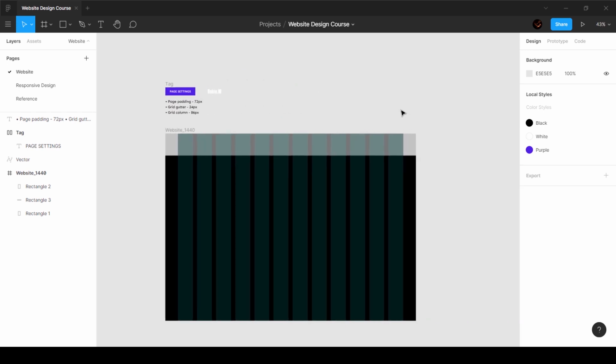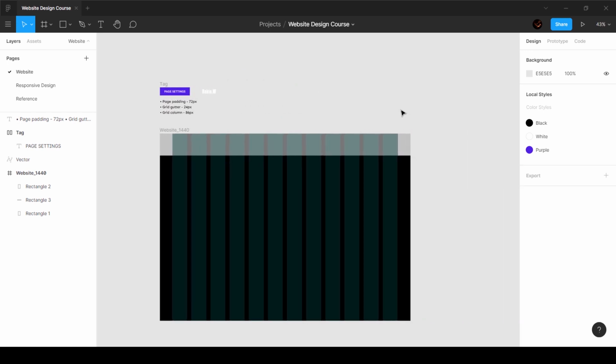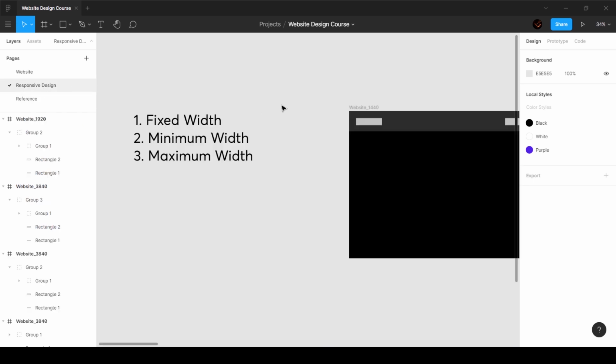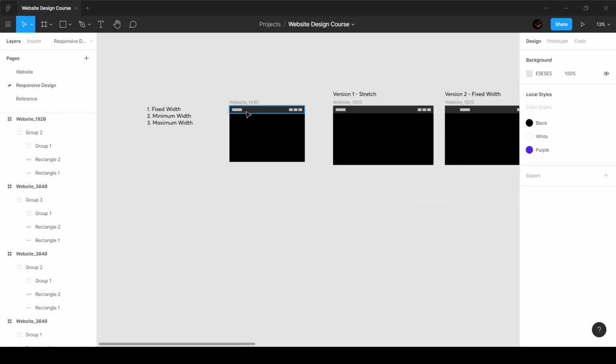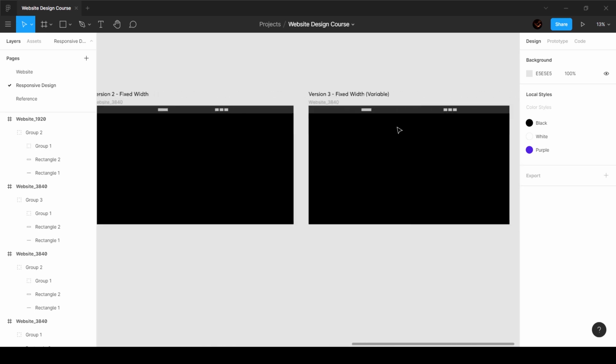So now let's see how this is supposed to work for other breakpoints. Now one more thing before we check that is to define a max width, because as I told you, in my responsive design, I want it to stretch until a particular point, and then I want it to stop, right?